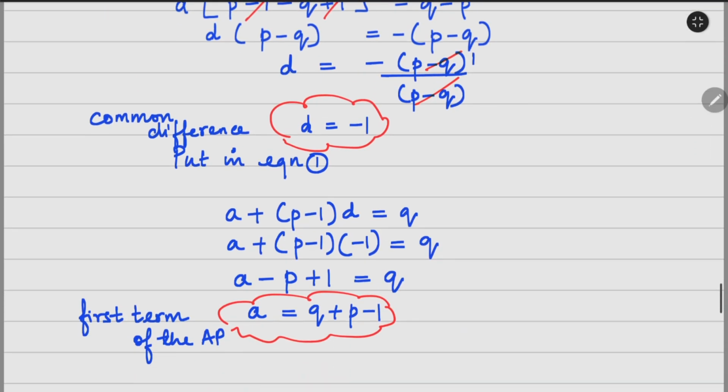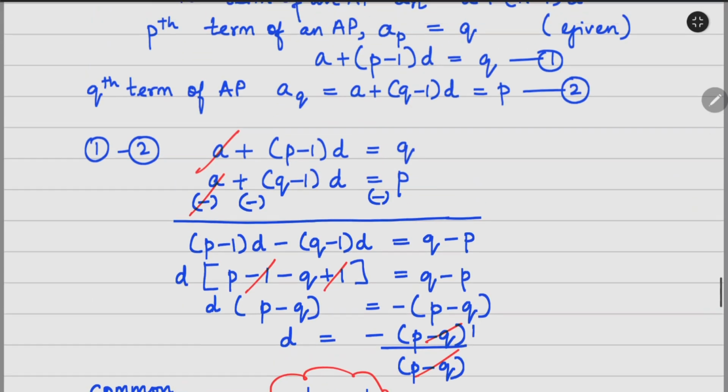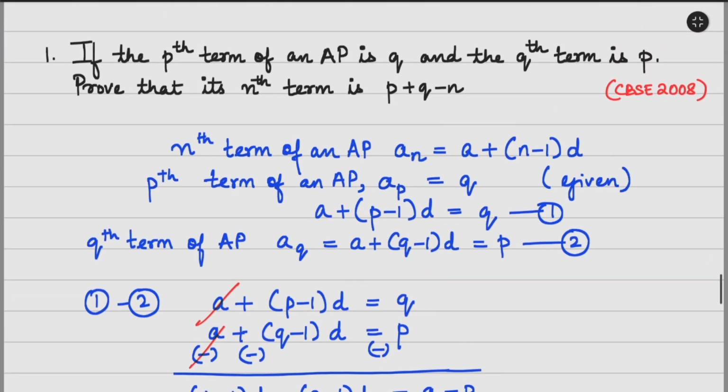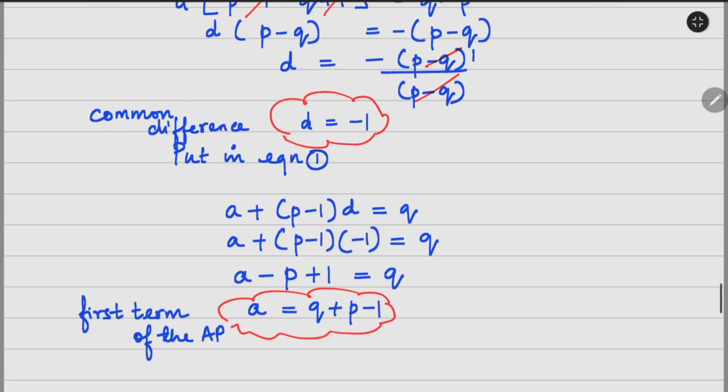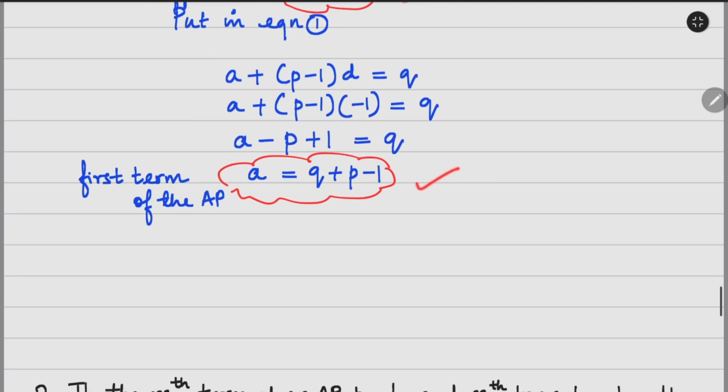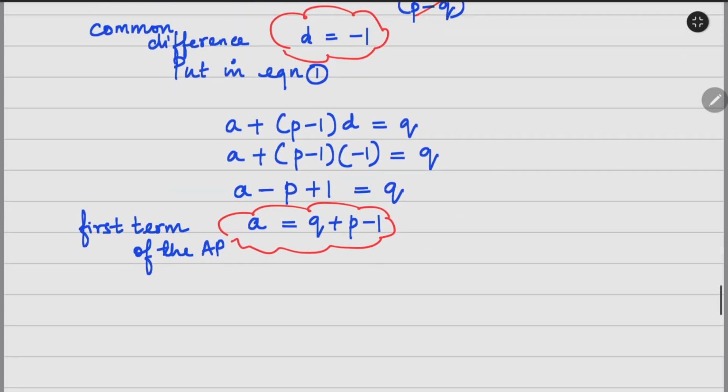Only if you know your a and d can you find out your nth term. So according to the question, you have to prove that the nth term is p plus q minus n. So what is the nth term? In order to find the nth term here, this is your nth term formula. What do you need? You need to find your a and d. Now that we know your a and d, we can just substitute and calculate the nth term. Therefore, the nth term,